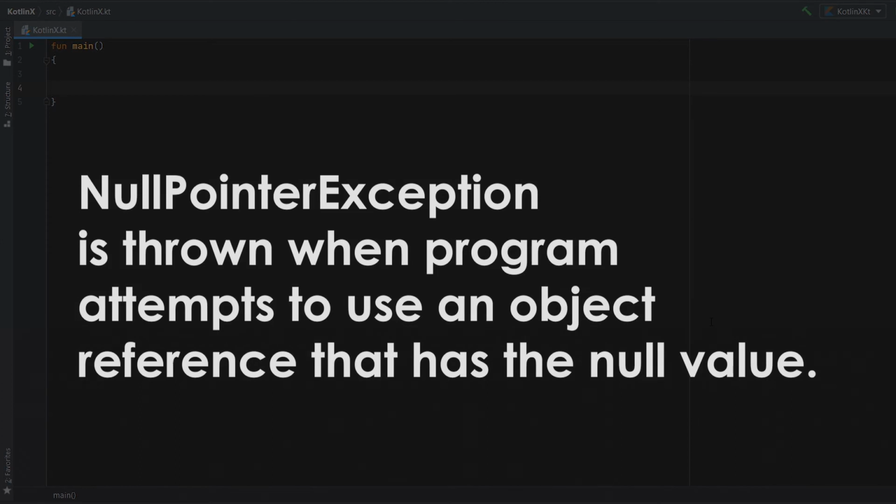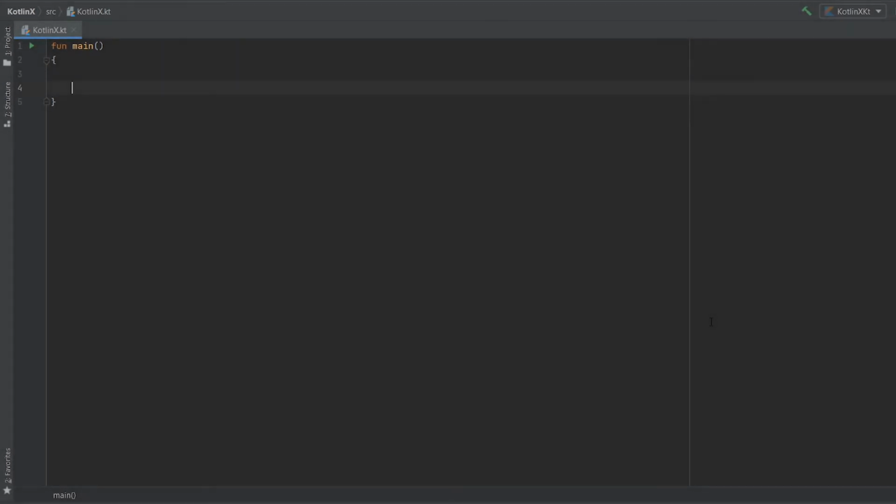Basically, a null pointer exception occurs when a variable which has not been assigned any value is being used in our program when it does not contain a value. That leads to a null pointer exception, which means that a variable which has the value null assigned to it is being accessed or used in a program. This is a problem which many programmers face, especially in Android, wherein if you are using Java, then you know that there is a problem of null pointer exception in our program if we don't assign the values to our variables properly.